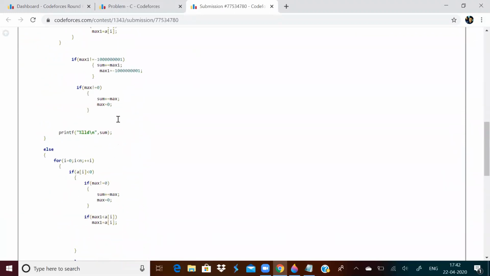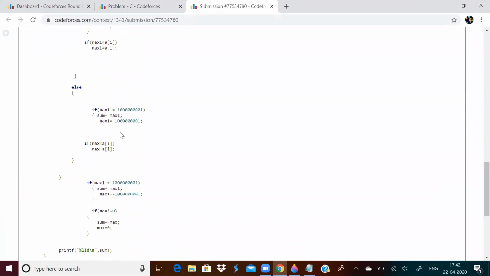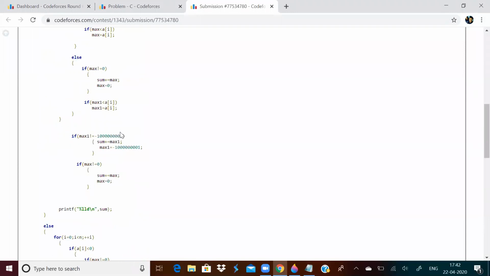It's quite lengthy code. If you don't understand the logic, you can comment. I will explain it to you. I will write the code, or maybe I can make a separate video also. But this question you will only understand when you try. I tried to just explain the gist of what my approach was.